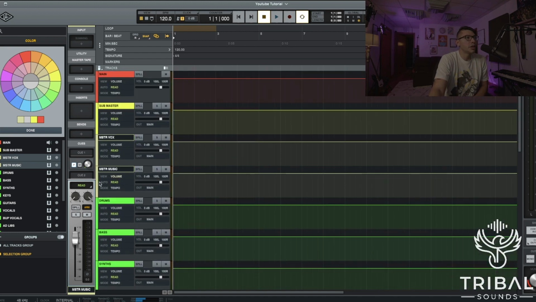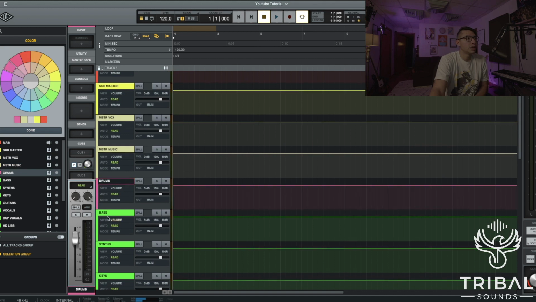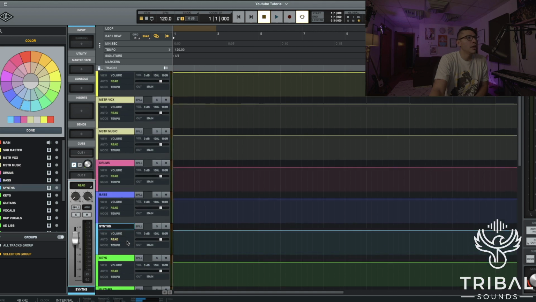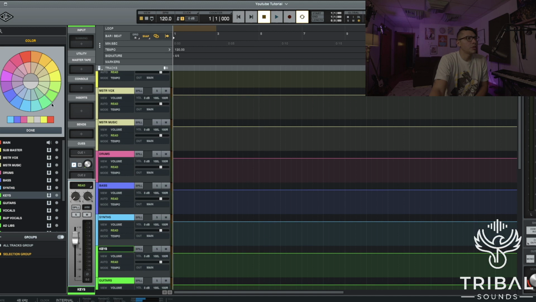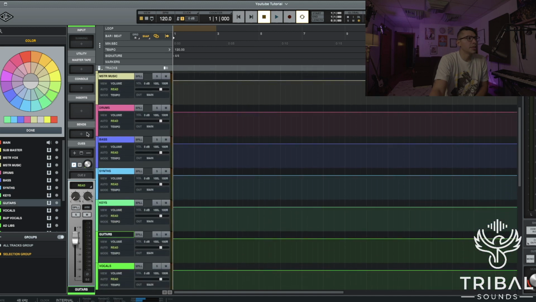So once we've done all of this, colored all of our tracks, we can go and color our individual buses as well. So if you have a special color that you like for drums, make you think of, I don't know, pink, let it be. Bass, blue. I'm just going to kind of go down the line here and create different things. But with these, I would recommend choosing a color that there are lighter colors of that are easy to identify,